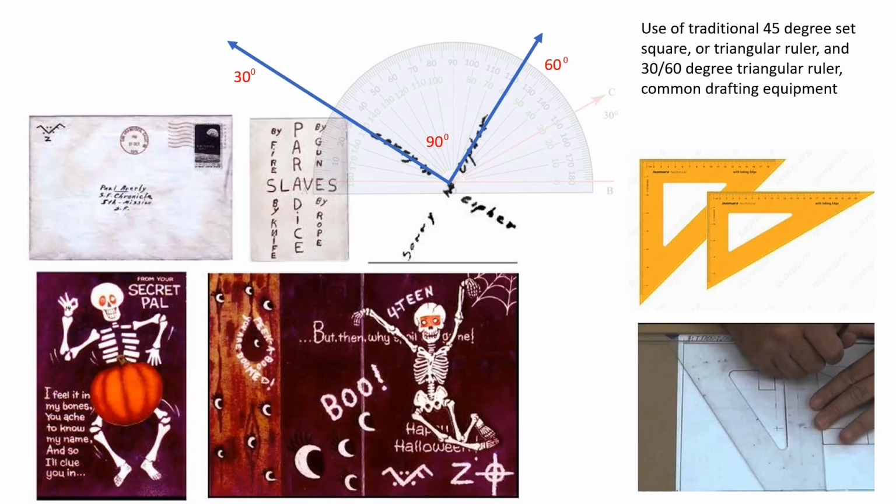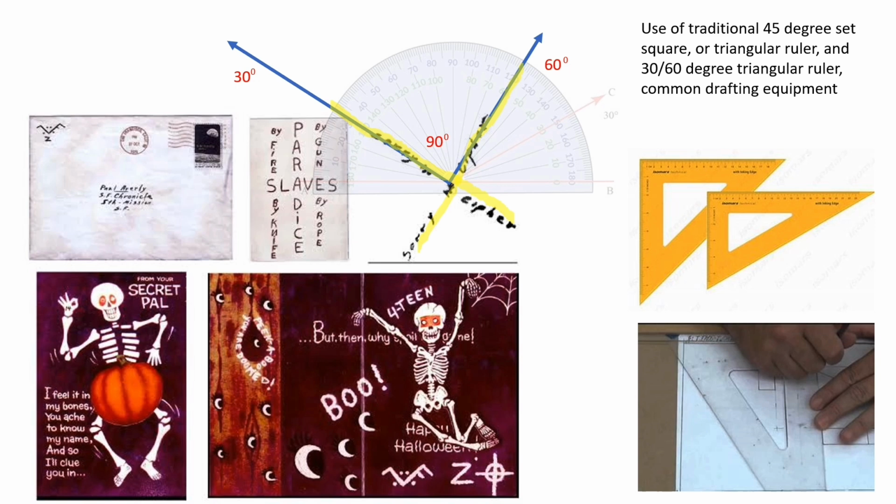And if we take a bit of a deep dive into the whole package that he sent through, we'll start to see some interesting geometry. Now, when we look at the envelope that it came through, and we have this "sorry no cipher", if we align up our protractor, we can see that this is generally 30 degrees, almost exactly, and "sorry no cipher" this way is 60 degrees, which is quite interesting. Now, as David Oranchak has noted, he may have been suggesting clues for the 340 cipher, but what I'm interested in is